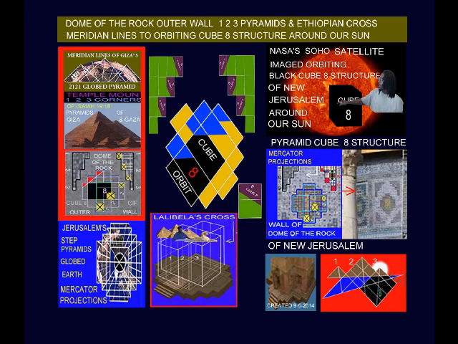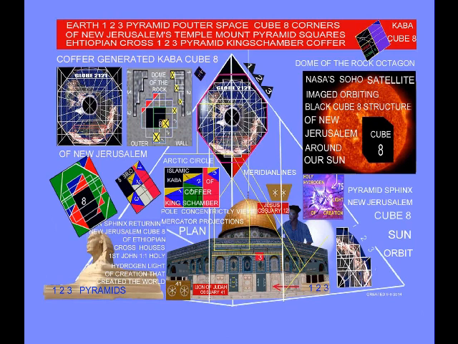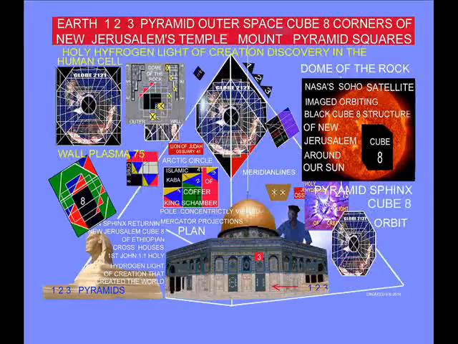But when we talk about the astronomical data concerning the black orbiting cube A structure in New Jerusalem, which the National Space Administration SOHO satellite imagery has filmed in orbit around our sun, this is where we reconnect modern astronomy and modern astronomical events to the Jerusalem Temple Mount outer wall stone rectangular window frame, a globe Earth stealth pyramid Mercator projections